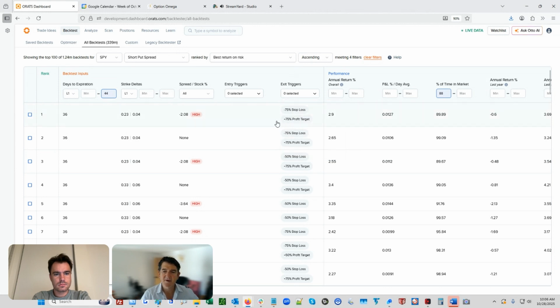This looks like, letting it go a fair amount, 75%, both on the stop loss and the take profit are the best, and best by the return on risk. You can see there's some other higher percentages, but as far as the return on risk, when you start to look over at